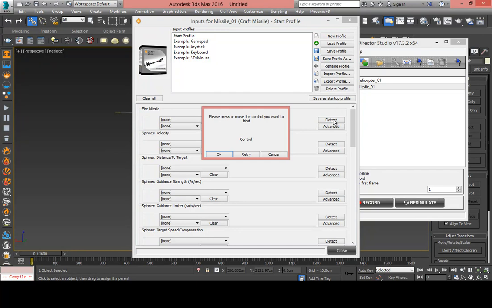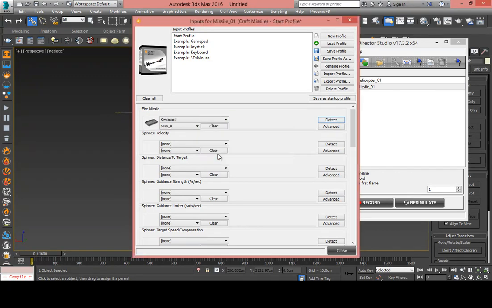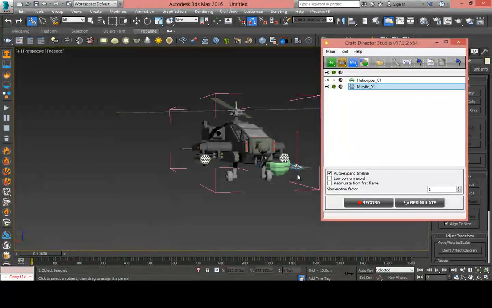Detect, and I'll use a numpad. I'll use number 0. Okay, on the numpad. Okay, hit OK. When you see num_0, it means the number 0 on the numpad is different than 0 on the keyboard. Okay, you guys probably knew that, right? Sure you did. Okay, it's in our scene,